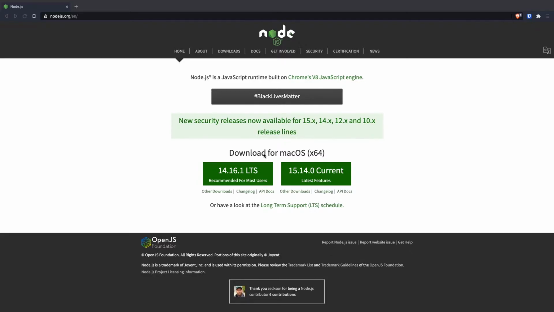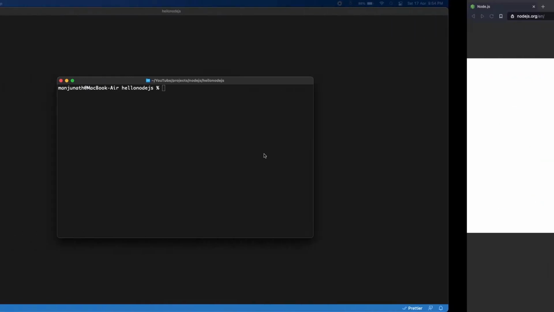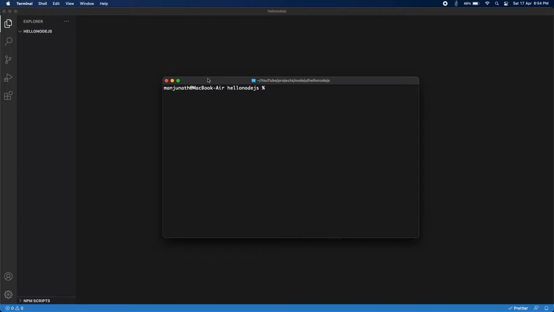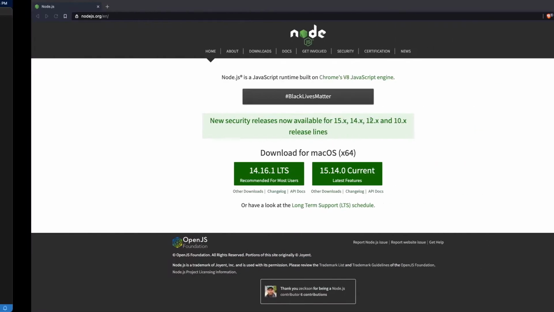So let's not talk about the error for the first time only, because you'll be getting lot of errors when you are developing a big scale application. Anyways, we'll be able to